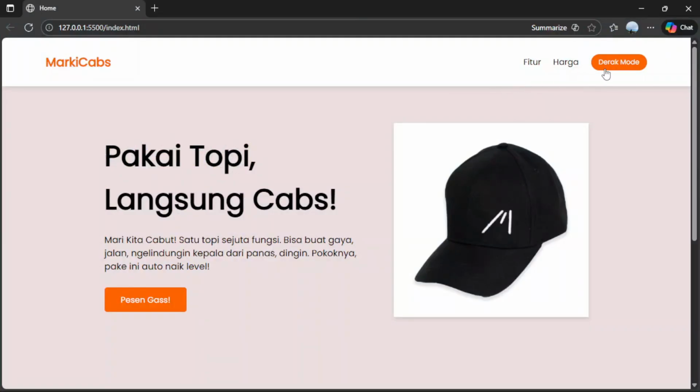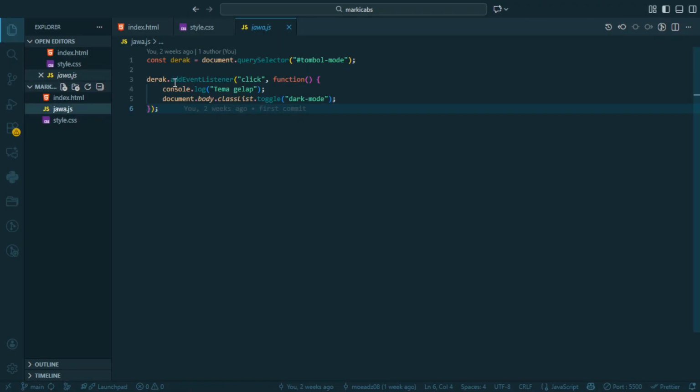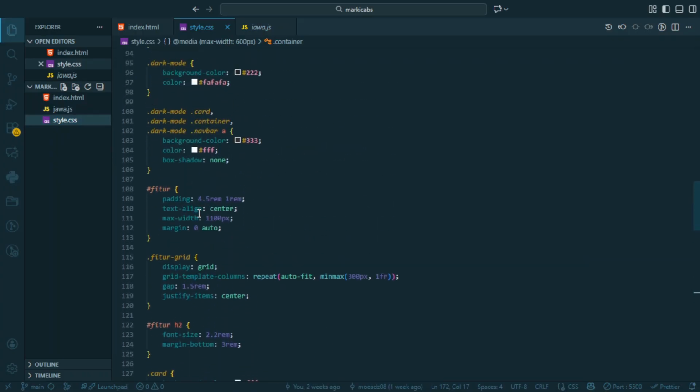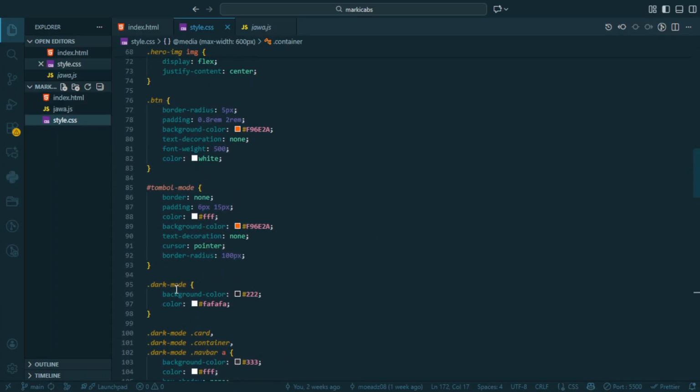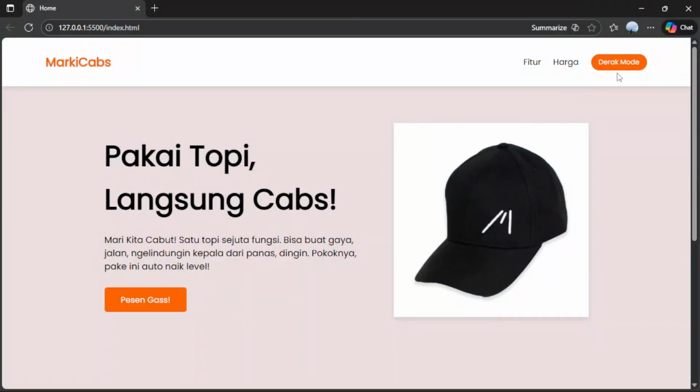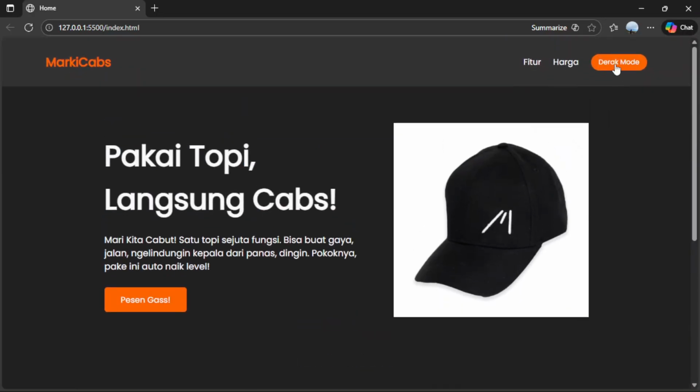If I click this, the event listener will change the CSS into dark mode. Maybe we are looking for dark mode. This is the dark mode CSS. It will change into this CSS, as you can see.